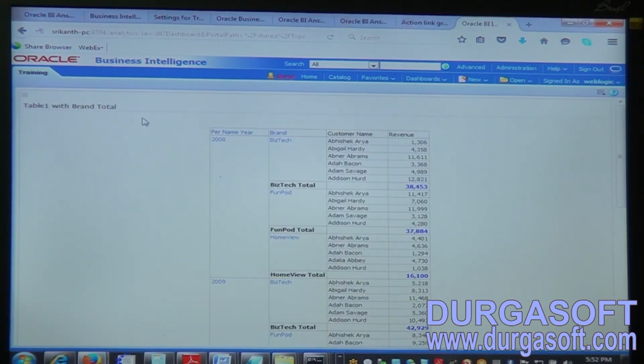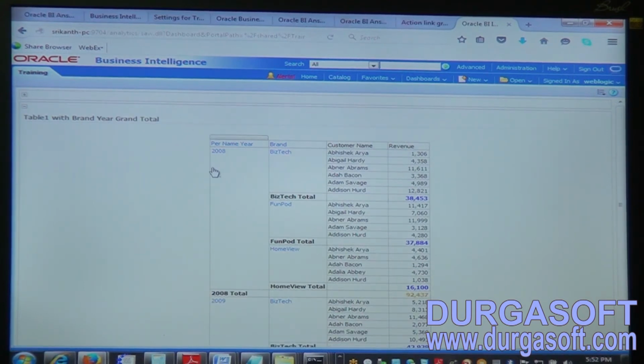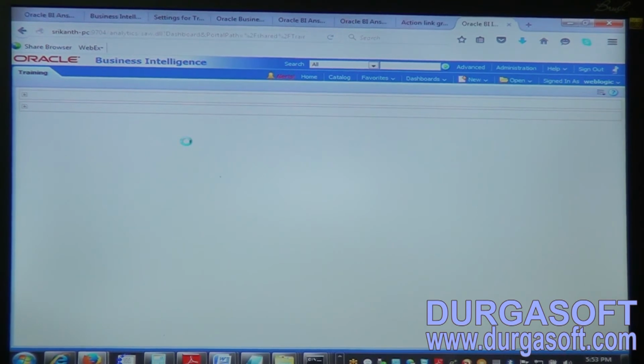Once we run it, you can see the first report in the first section can be minimized, and the second report we can see. In the first report only brand wise subtotal is there. In the second report we are having year also subtotal. This is how whatever individual reports we built, we can place into pages of your dashboard. So here we understood a dashboard can be built with n number of pages. On n number of pages we can create n number of reports display. That means on a single page you can display 100 reports also into the sections.